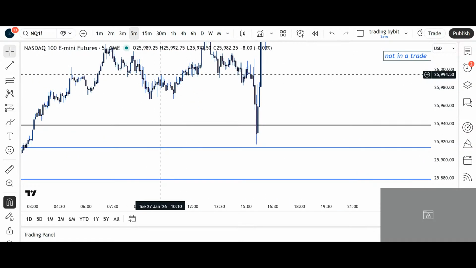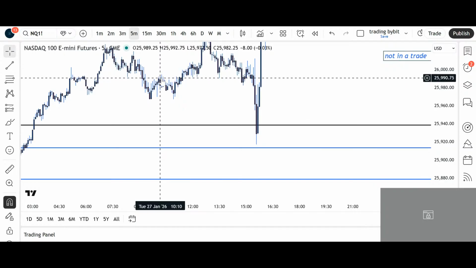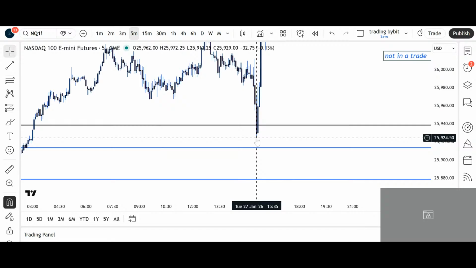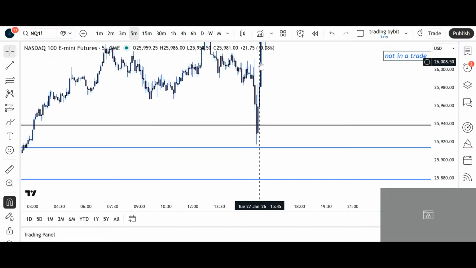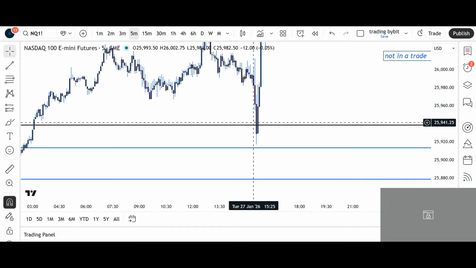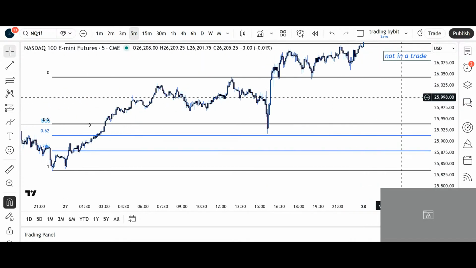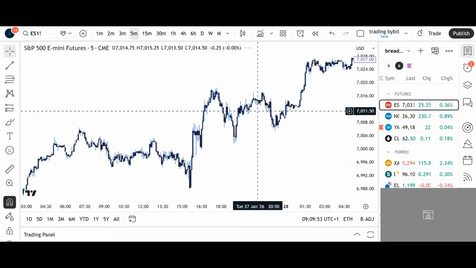Once we got tapped into a trade and we started hanging around here, I got stopped at break even. The reason why was I want to see this kind of movement. If we are correct and we have a nice clear movement in action, we get this kind of shape. And this is what we want to see. Same for ES, beautifully.